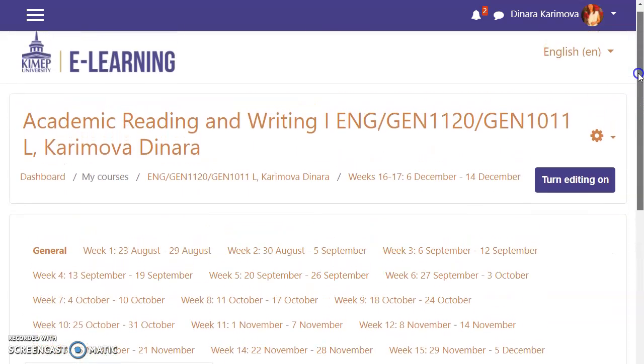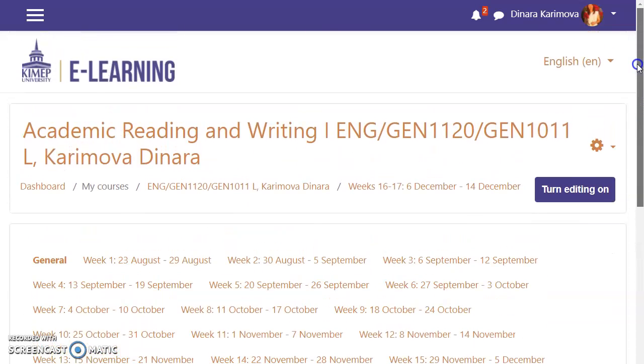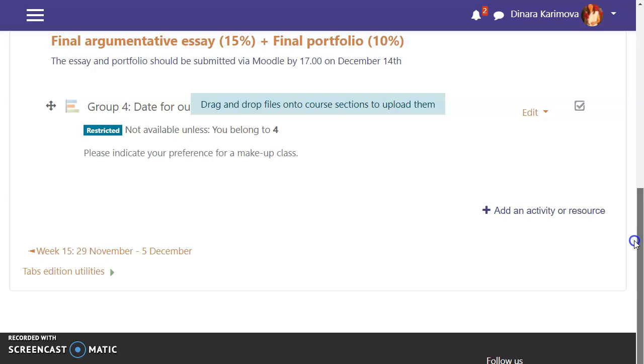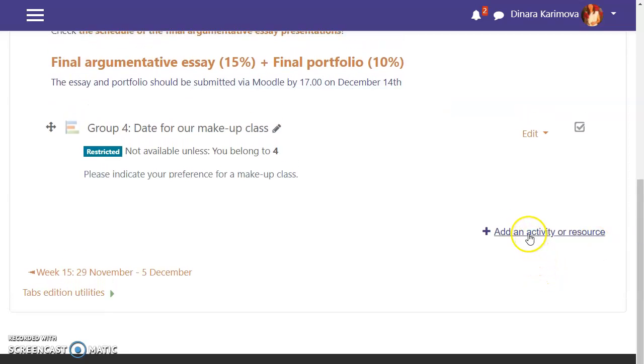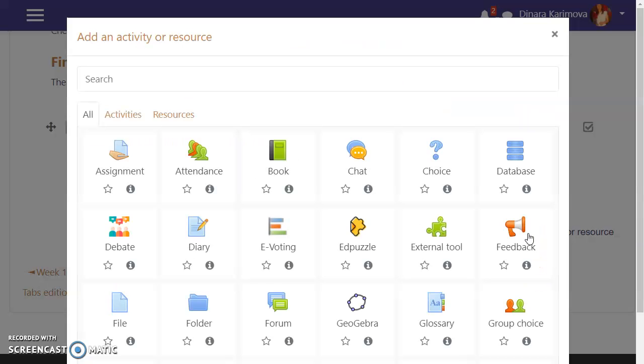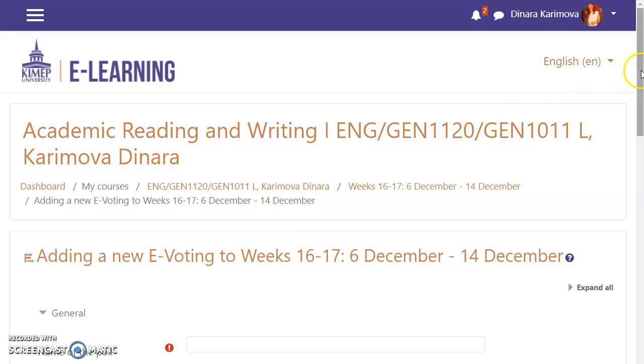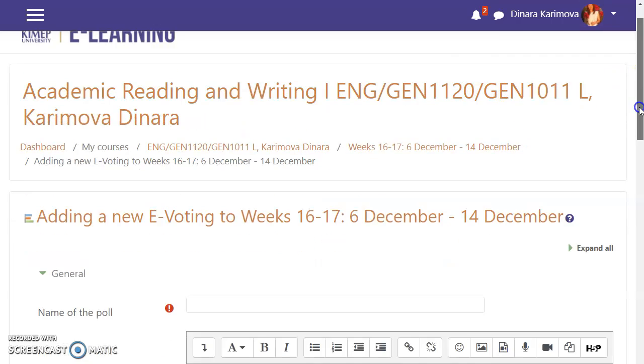All right, but let's start from the very beginning. So if some teacher wants to use e-voting, which is polling basically, on Moodle, he or she first should turn editing on. After that, the teacher should add an activity which is called e-voting. And now the teacher should fill in the